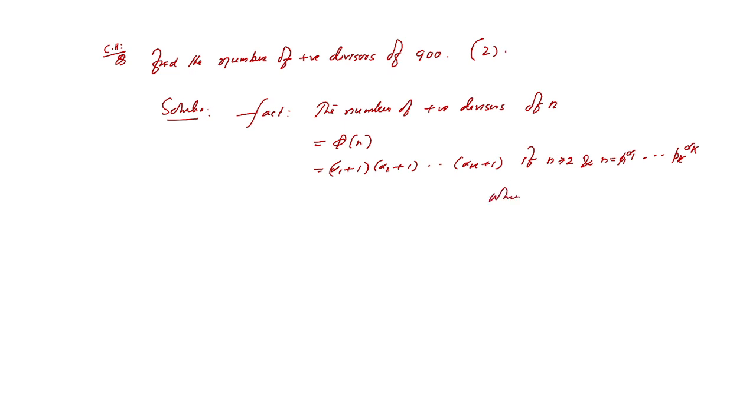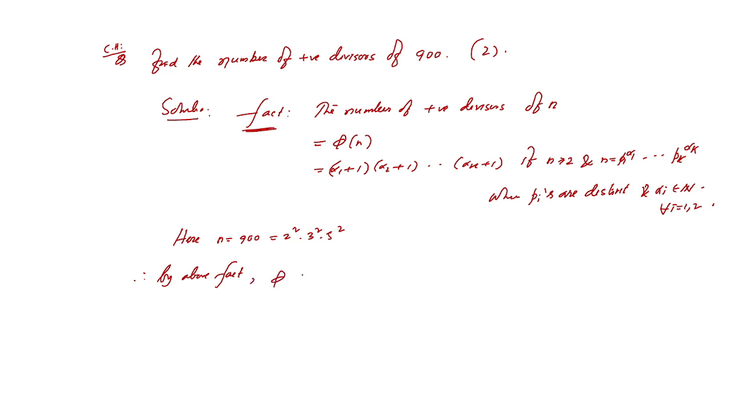where all pi's are distinct and alpha i's are basically natural numbers for all i equals 1 to k. This is our fact. So here, what is our n? N equals 900. That we can write as 2 square into 3 square into 5 square. So by the above fact,